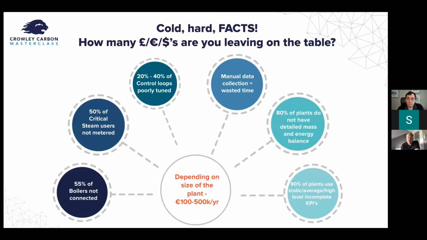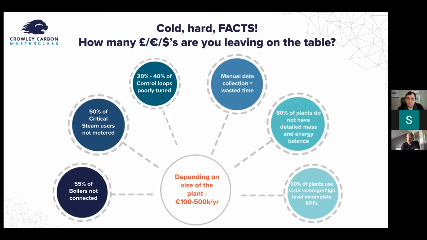20 to 40% of control loops are not tuned correctly, with poor 3-term PID control and manual data collection. It's far too common, and it's not true that this has gone away in this day and age. No one goes to Blockbuster anymore, driving a car to get a physical DVD or even worse, a VHS cassette. But in the industrial sphere, there are still a lot of practices that are 20, 30, 40 years old but just still